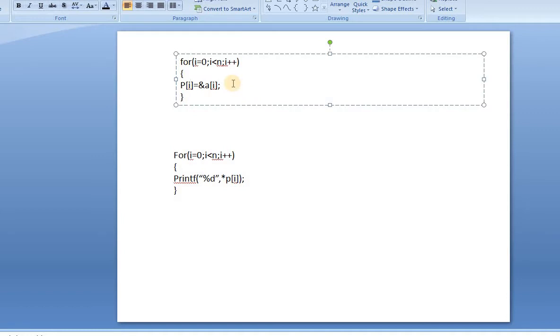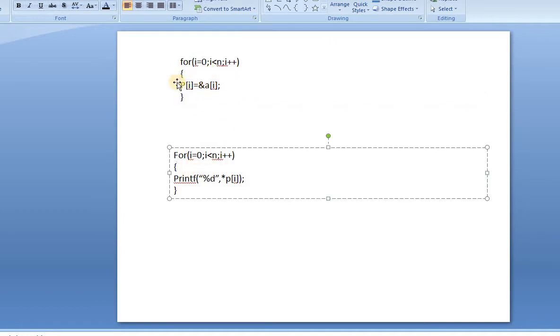Likewise it stores all the addresses. And here I am using this to fetch the elements in array A. Not only this way, you can use many ways to fetch the elements out. I'll show it to you in the program.